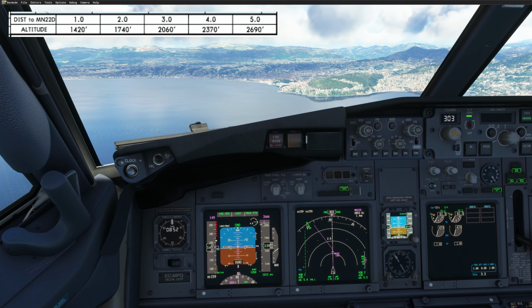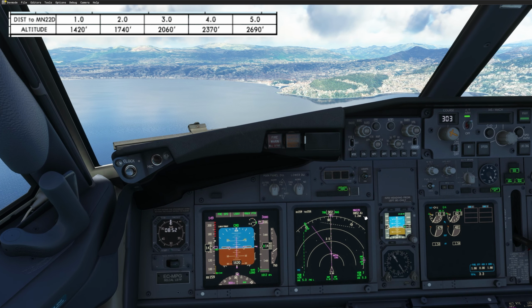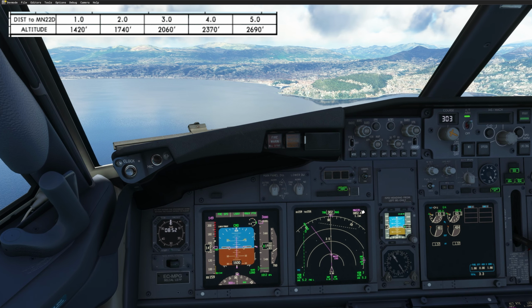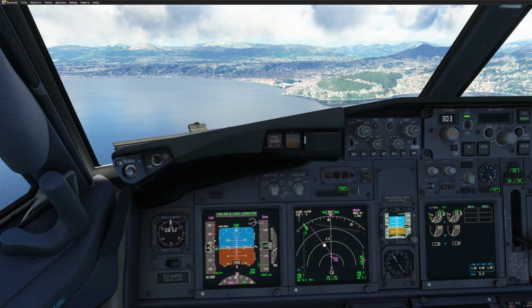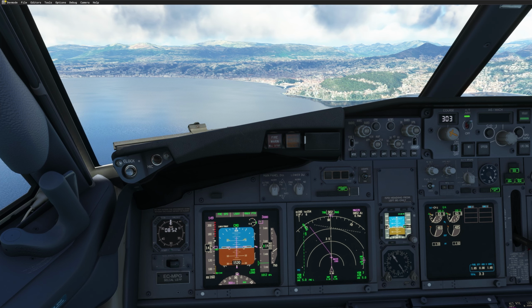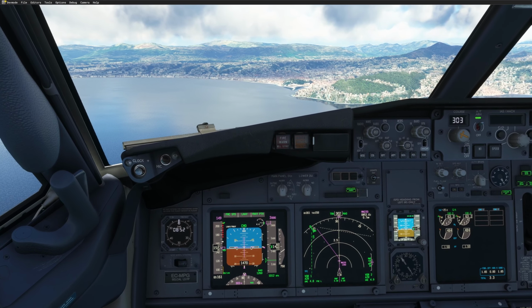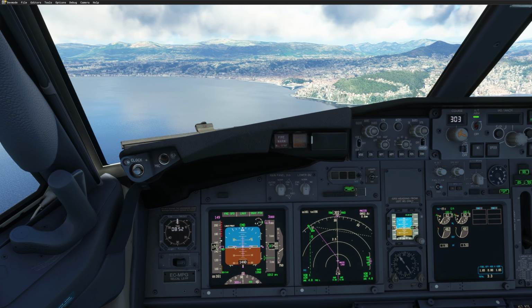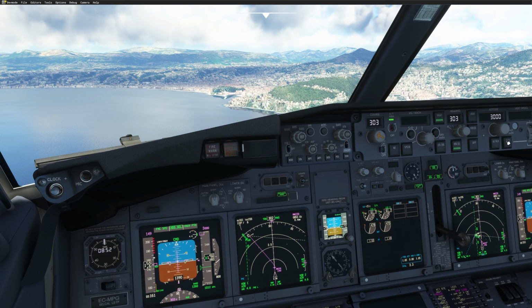Let's see, 1 mile, which should be 1420. So 1 mile from there, 1420. So as you can see, not bad at all. And now that we are approaching Mike November 22 Delta, we'll revert to heading, vertical speed,